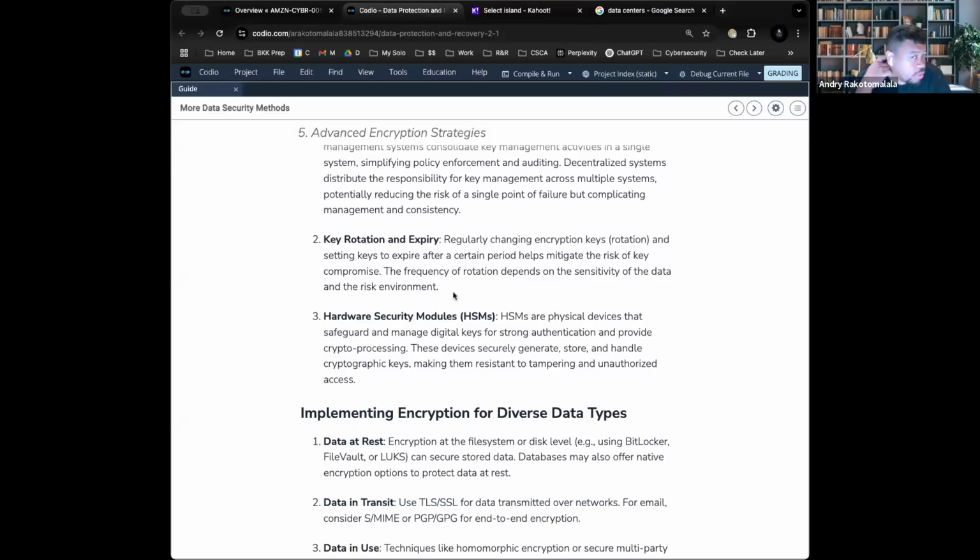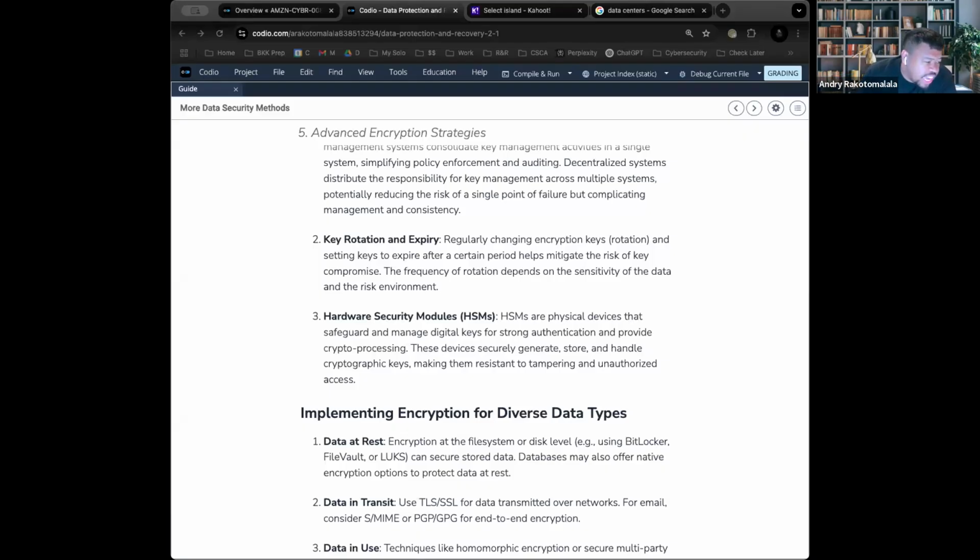Now, there are systems where the key will automatically rotate and there will be no action needed from you as a user because that key unlocking and locking happens on the back end, meaning you won't have to worry about that too much. Okay? And then there is the concept of hardware security modules, HSMs. So an HSM is just a physical device that stores and manages any of the encryption keys.